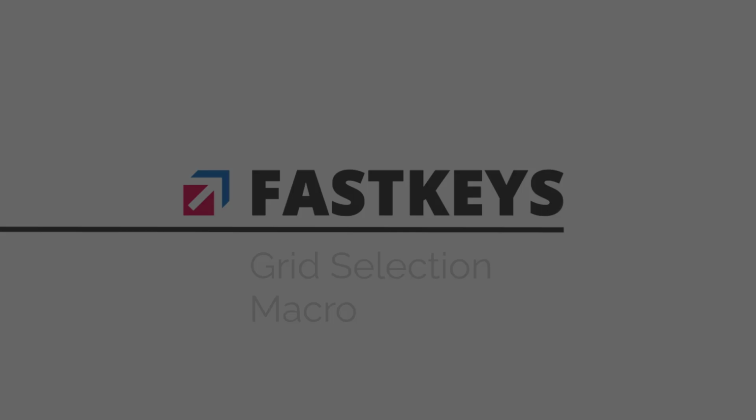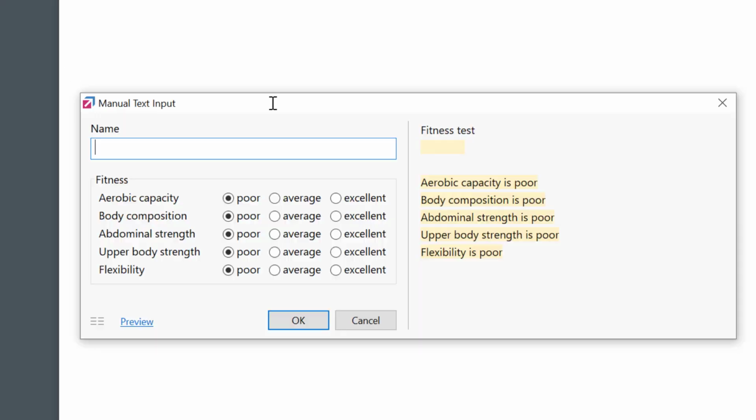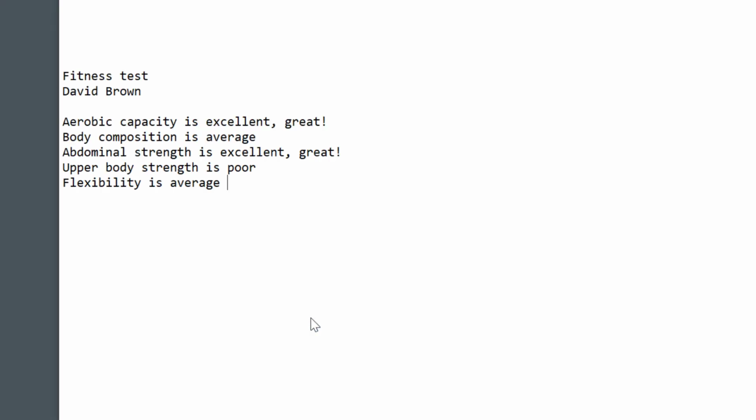Grid selection macro is probably one of the most advanced features in FastKeys. It's a sort of selection form on steroids. This macro is very flexible and you can use it in many different ways for surveys, forms, questionnaires. Stay with me to the end of this video because I'm going to be sharing a bunch of different examples